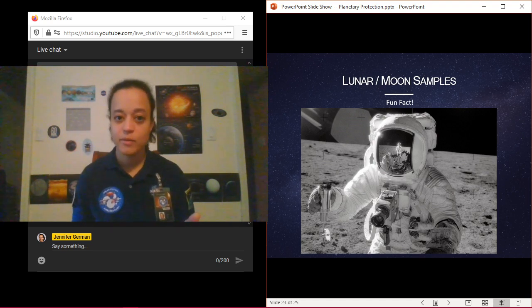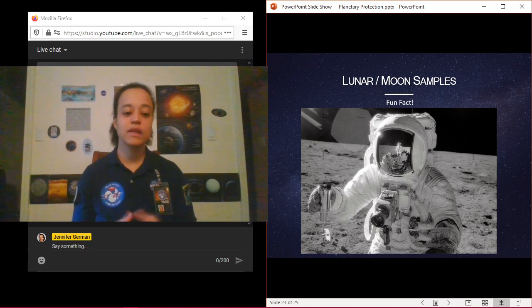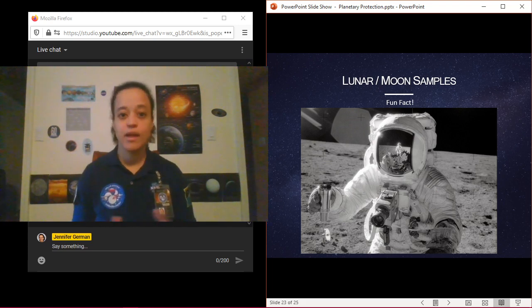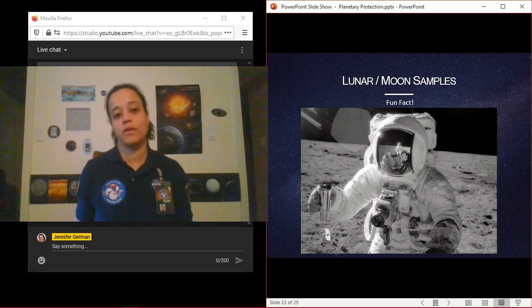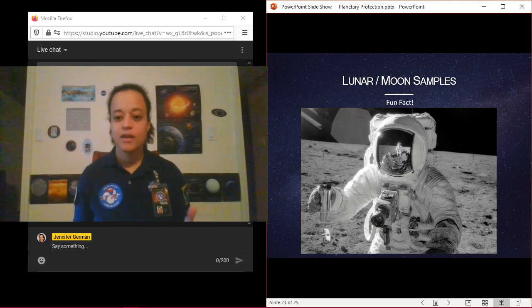after studying all these materials and rocks and dust that was brought back from the moon by the Apollo missions, scientists concluded that the potential for life on the moon was negligible. And so forward and backward contamination, meaning Earth contaminating the moon and the moon contaminating Earth, is no longer a concern. So, the moon effectively should be a Category 1. It's actually listed as a Category 2, which is fine, but